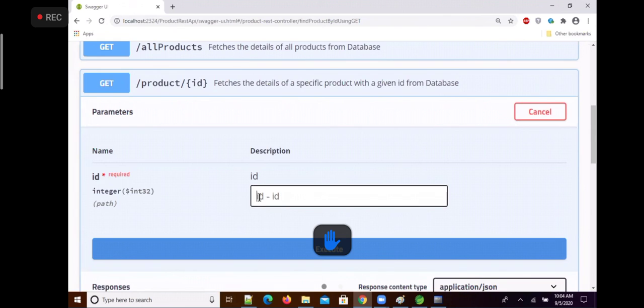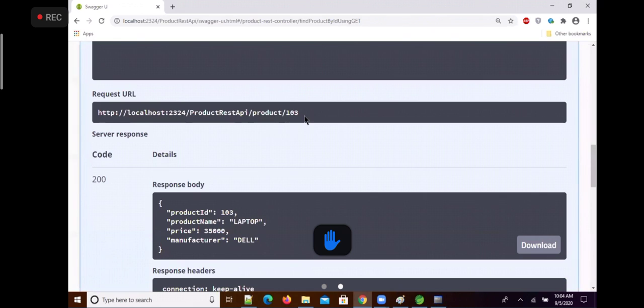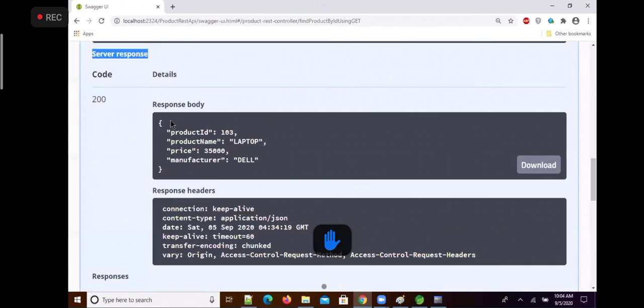Enter the ID value, say 103. Execute. Now see the server response. This is the request URL and the server response, or the response body, a JSON string with the product ID, product name, price, and manufacturer. Like this.